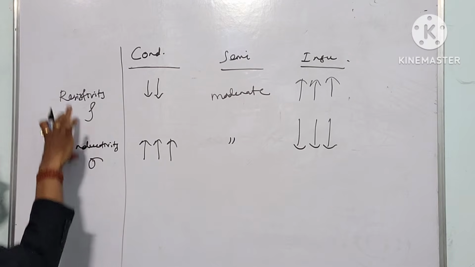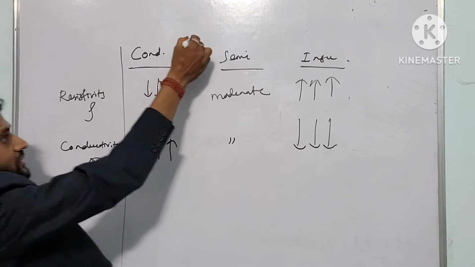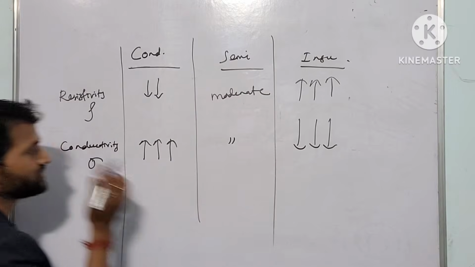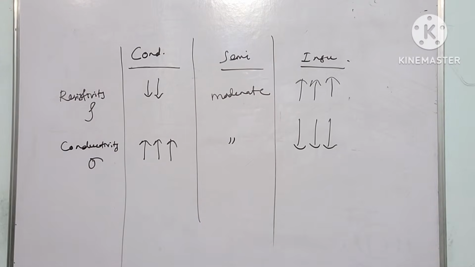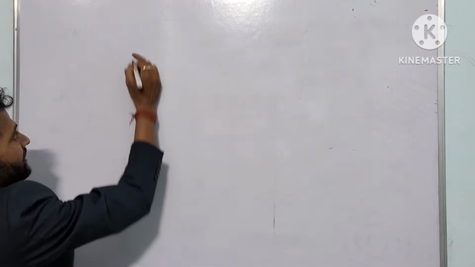Based on the conductivity and resistivity also we can distinguish between conductor, semiconductor and insulator, okay।